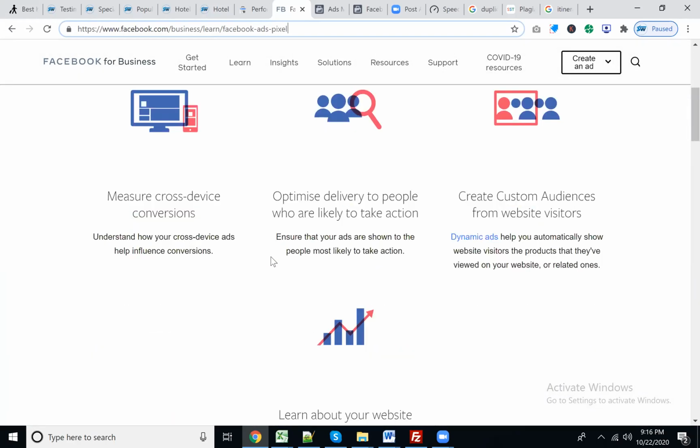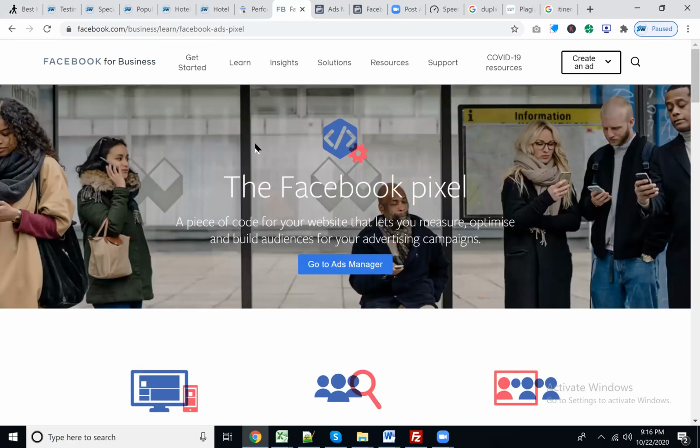I will summarize it for you after reading everything. I have multiple articles, and I have read 10 articles about the Google Ad Pixel and the Facebook Ad Pixel. But I'm going to explain the entire summary of the concept in 2 minutes. The concept of the ad pixel is that you are going to create an ad on Facebook. A single click is going to cost you 10 rupees.